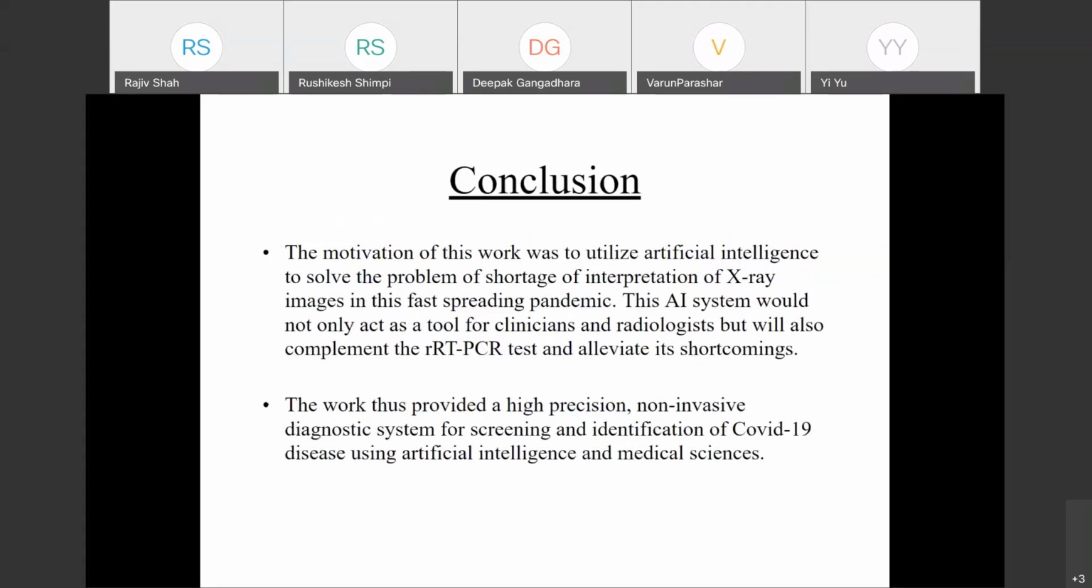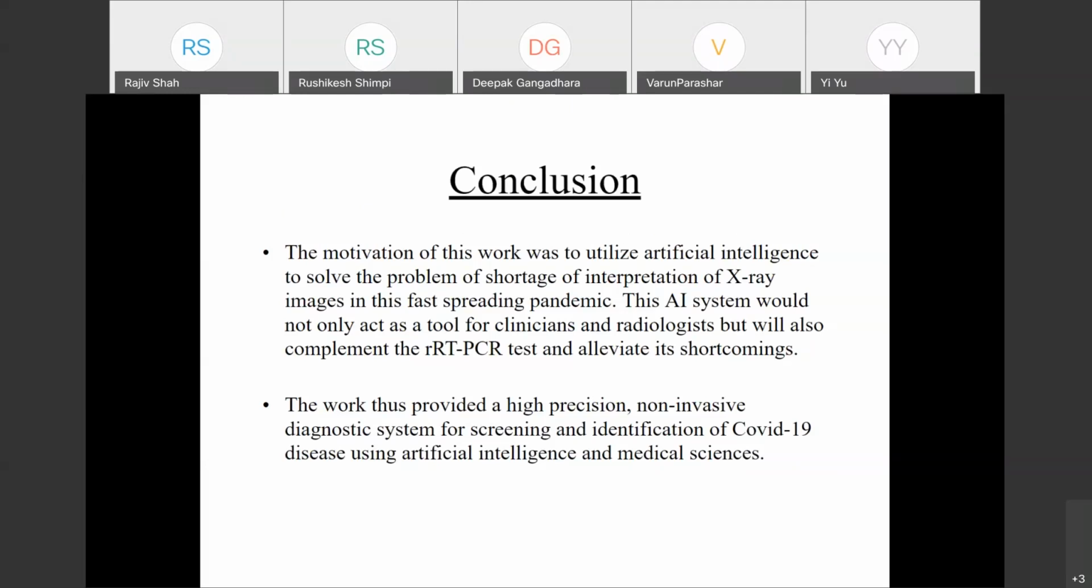The motivation of this study was to utilize artificial intelligence to solve the problem of shortage of interpretation of X-ray images in this fast-spreading pandemic. The study facilitates the goal of mass testing of the population. By doing so, we aim to take inspiration from 3 state-of-the-art architectures and combine their useful convolutional blocks to develop the architecture. The work thus basically provides a high precision, non-invasive diagnostic system for screening and identification of COVID-19 disease using